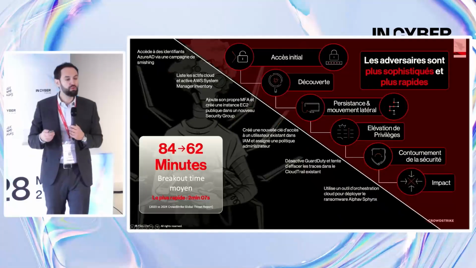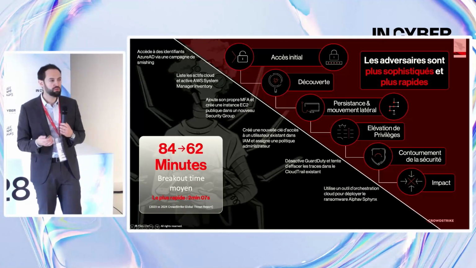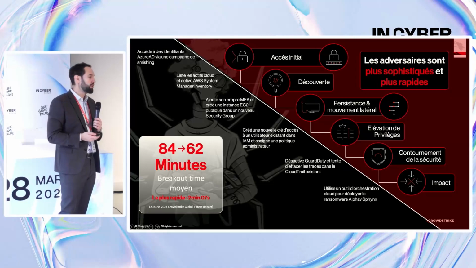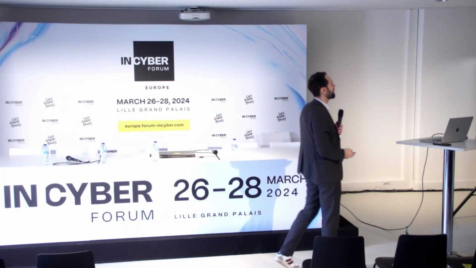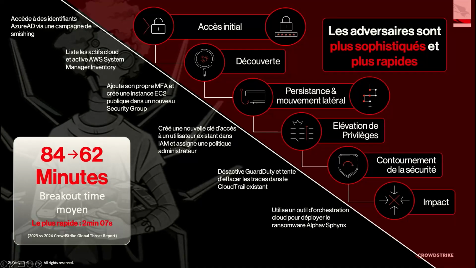The reduction of the time is pretty amazing. It's pretty significant. The fastest we've seen is 2.7 minutes from the start of the main compromise and the lateral attack. What you see here on this screen, I'm sorry, it's a bit small. It's a real attack that was caught by CrowdStrike, and it's a software editor that we will not mention its name, but it starts with a